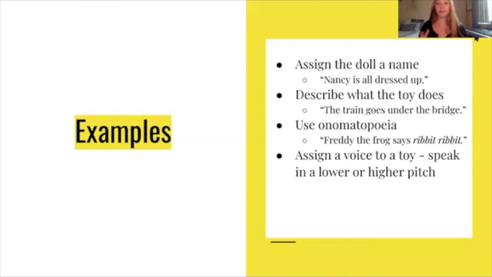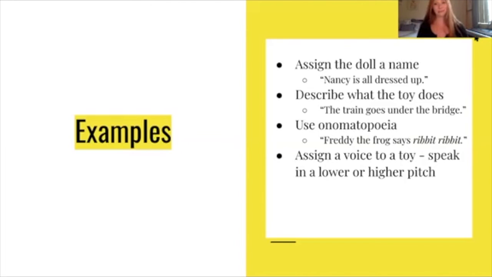So say you're playing with the play set and a doll, or you're playing with like a crib and a bottle, like Nancy is hungry. What should we do? Like Nancy's hungry. And just wait for a minute, and then the child will start feeding her, and then that gives you even more input of, oh, you're feeding Nancy. Thank you. Nancy was so hungry. What a great idea. What should we feed her next? A hot dog? And then that can go on to, a baby doesn't eat a hot dog.